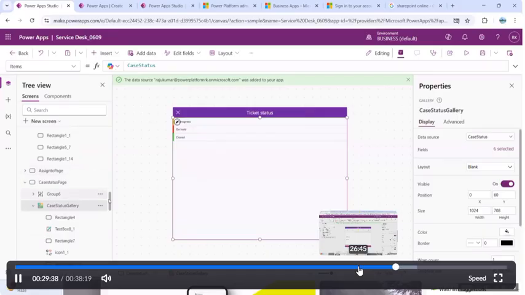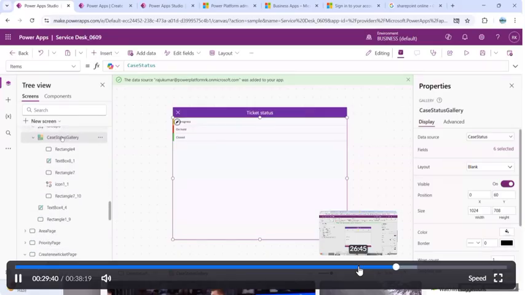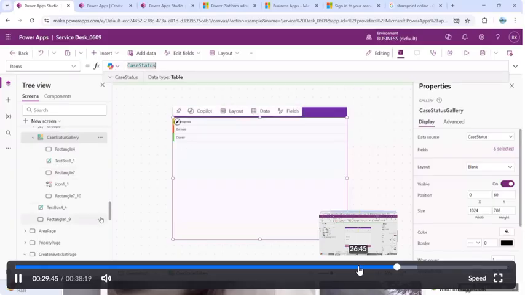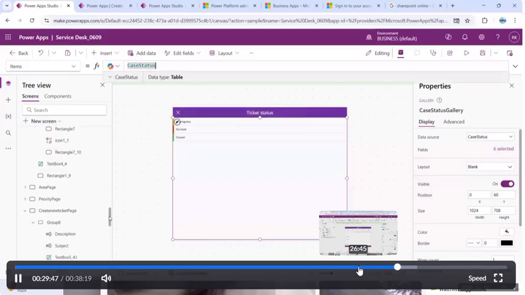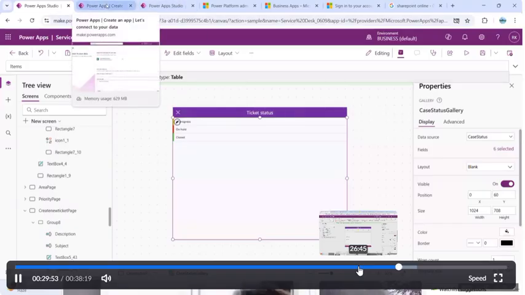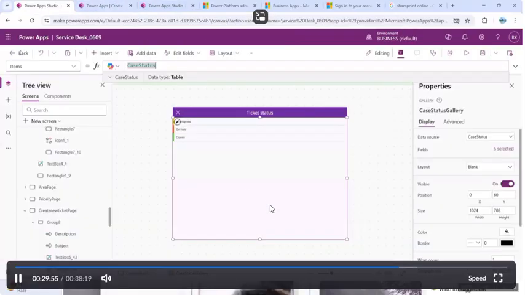They are using the gallery here. You can see they inserted the gallery and provided the data source. So this is the app design only. Okay, and if you want to go